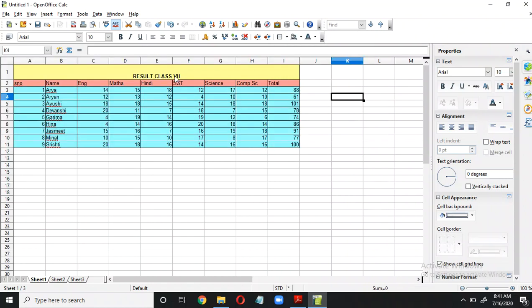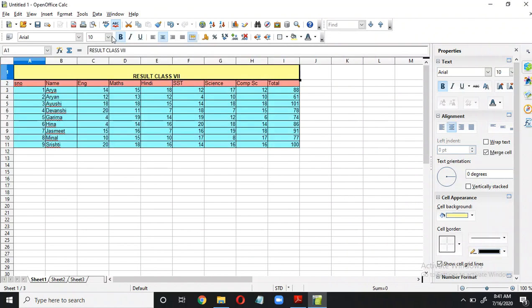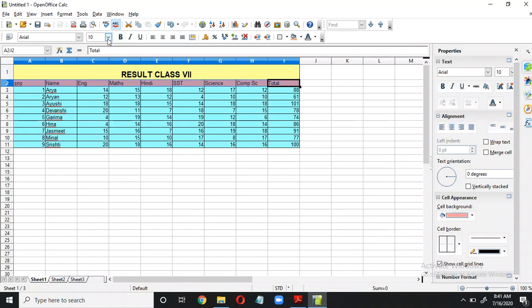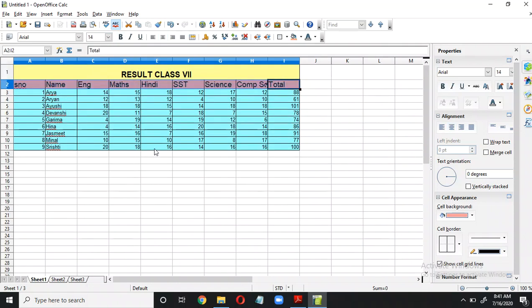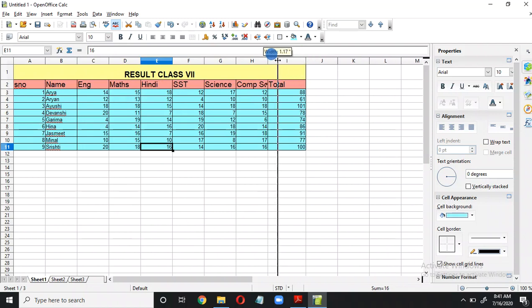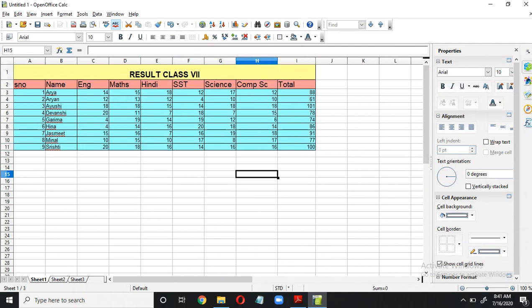So this way you can just increase the size. Okay, so this way you can make a small result of at least 10 students, and you will be trying it at home this time.